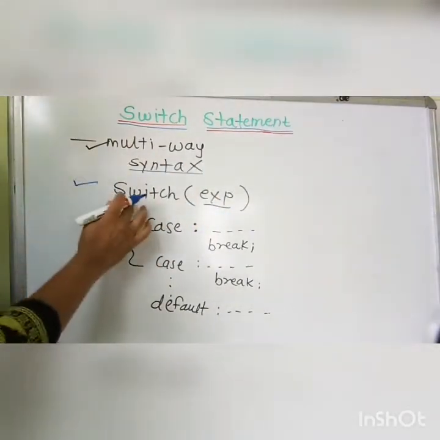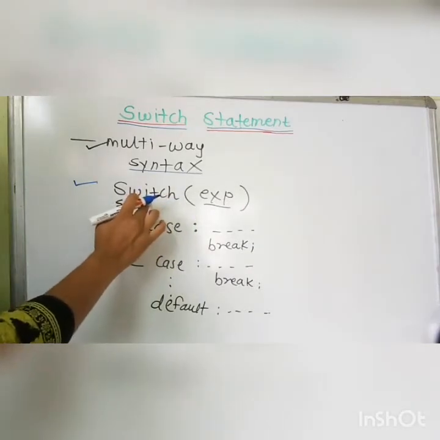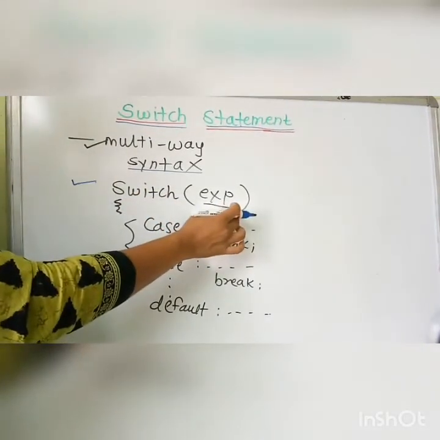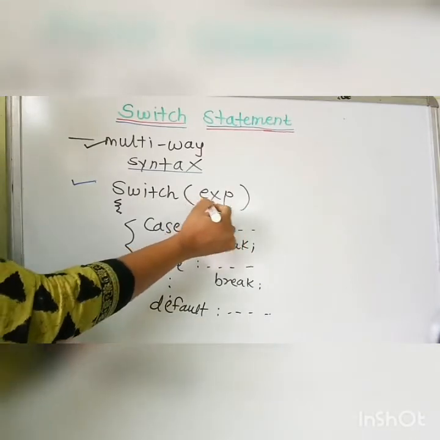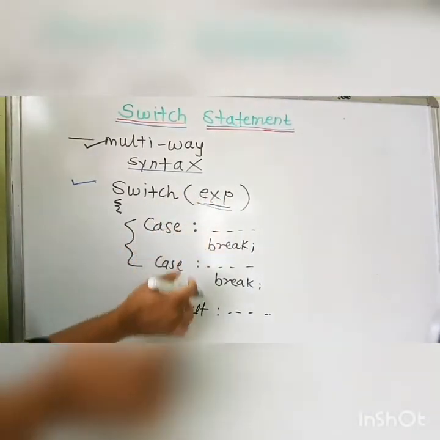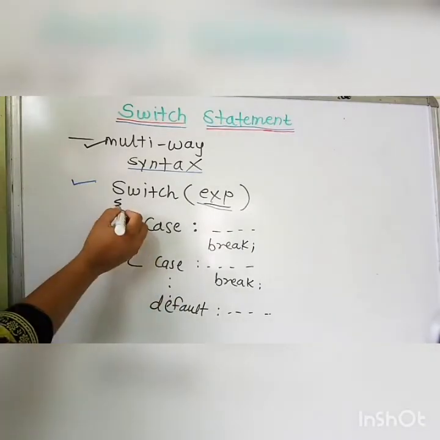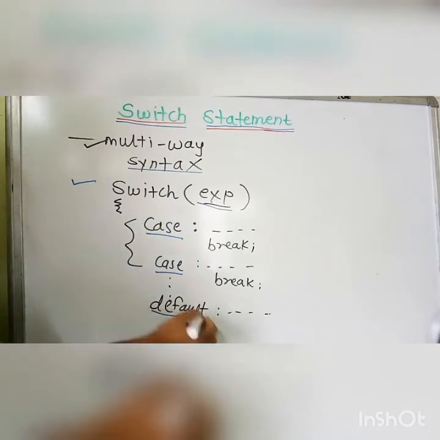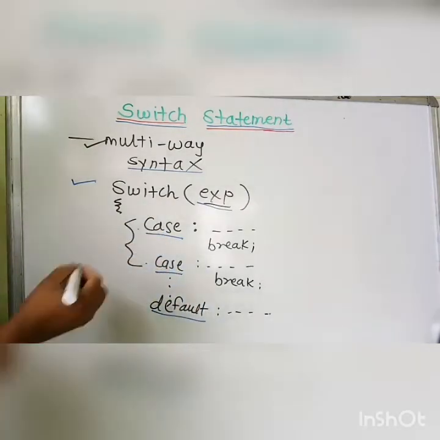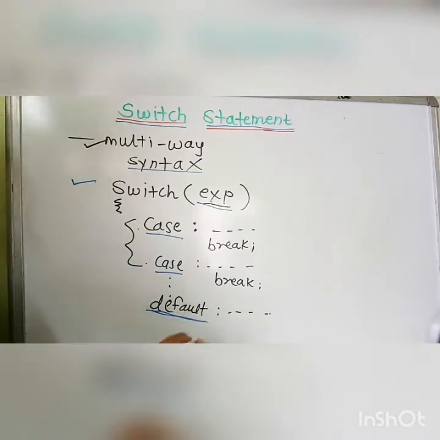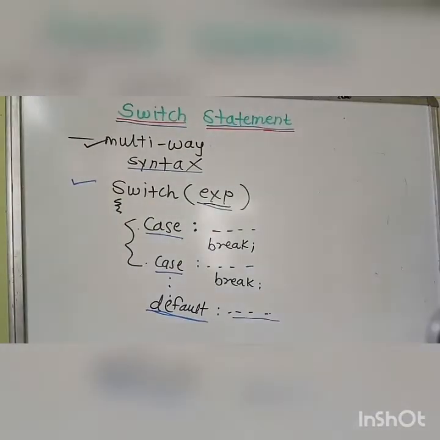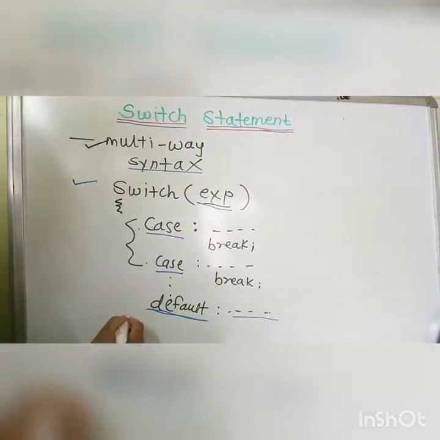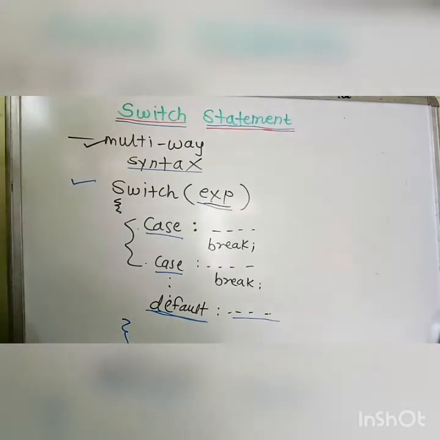That is, we will have to use the keyword switch. Then we will give the expression, for which we are matching these cases. Inside it, we are covering different cases, and at the last, when none of the cases is executed, then ultimately the message displayed in the default case will be executed as the output, and we will complete the switch expression.